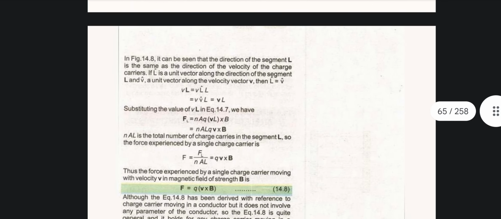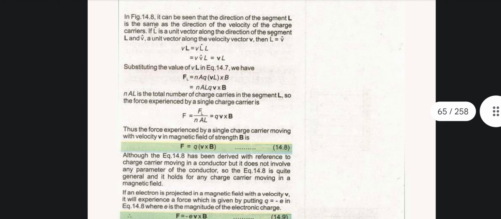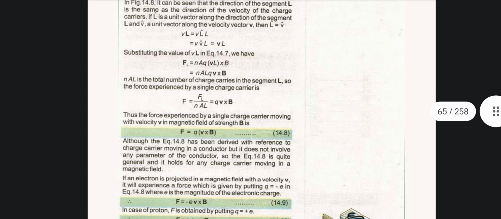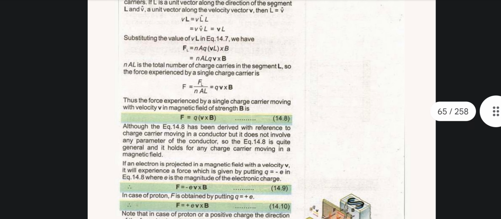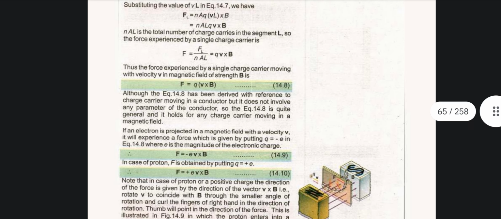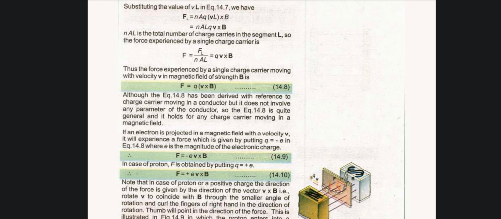In figure 14.8, it can be seen that the direction of the segment L is the same as the direction of the velocity of the carriers. If l is the unit vector along the segment L and v is the unit vector along the velocity vector v, then l is equal to v. So, vector L is equal to L times l, and vL is equal to vector v times L. Substituting the value of vL in equation 14.7, we have F is equal to nAq vL into B, which is equal to